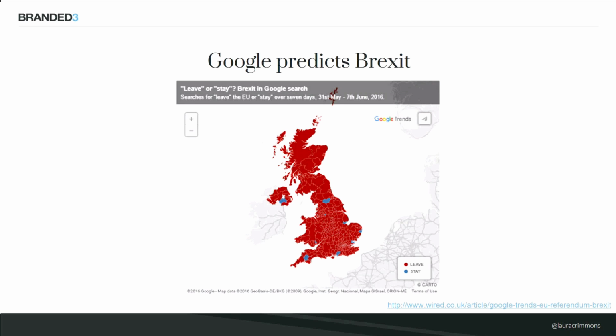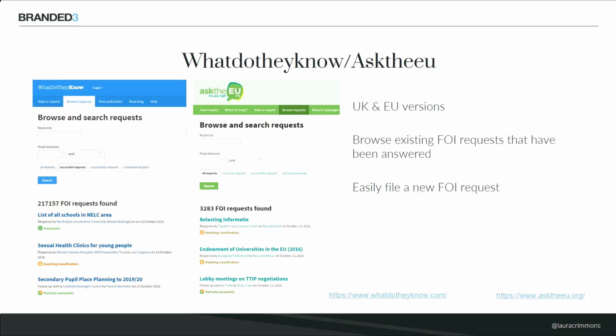And that was something that Google released and was then picked up by various places. So this was taken from Wired. It was in various publications like The Express and different national newspapers as well, because there was the whole thing where people said no one really predicted that we'd actually leave, and then it was such a shock on the day, whereas Google was saying they predicted it all along.